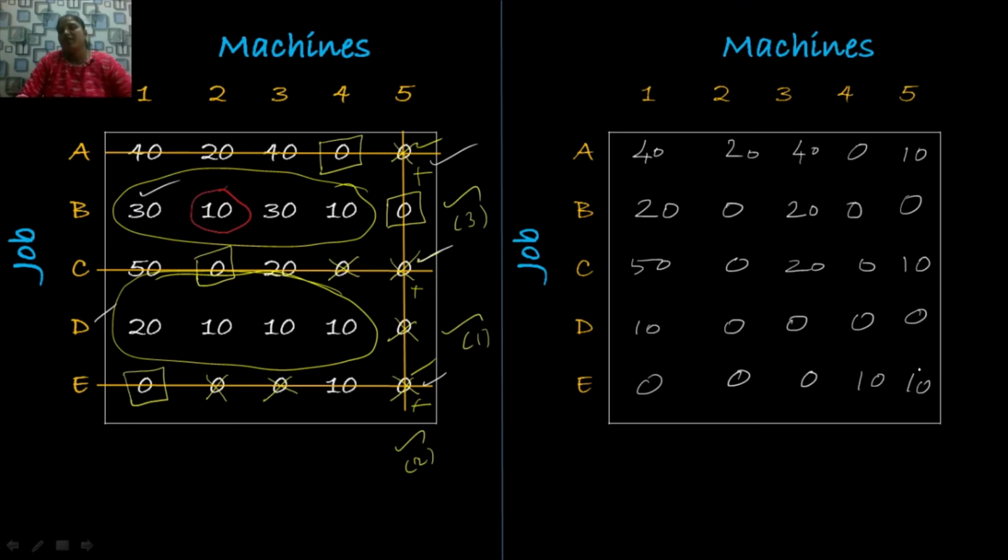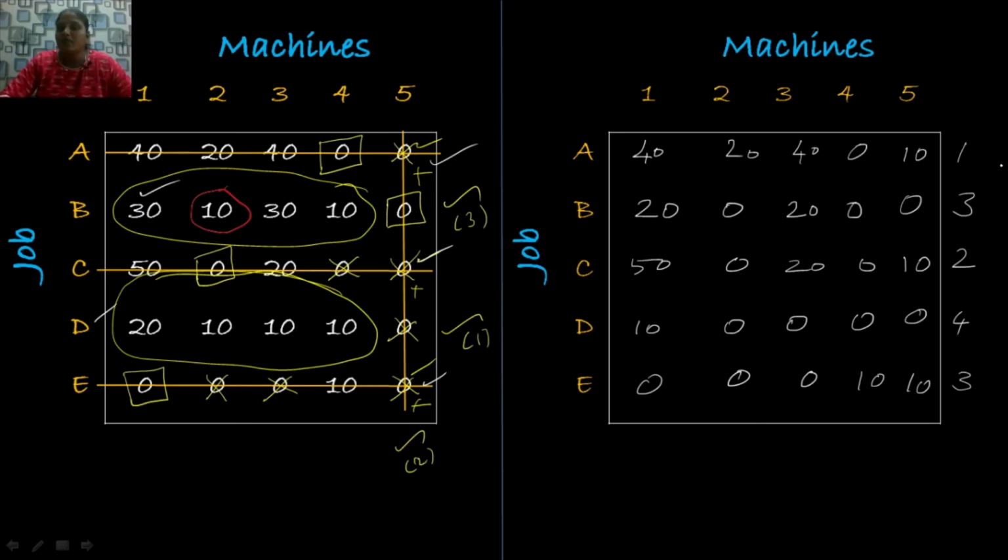Now we are going to make an assignment as usual. Before that, we first write down the number of zeros in each row to decide where to give our first assignment. In the first row we have only 1 zero element, the second row has 3 zero elements, the third row has 2 zero elements, the fourth row has 4 zero elements and the last row has 3 zero elements.